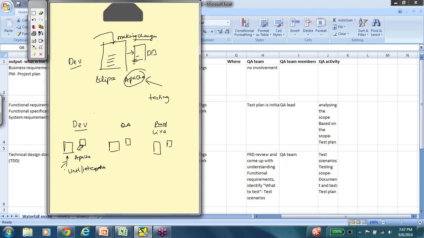So once they are done with unit and integration testing, and once they are satisfied with the code, it is then put into the QA team's environment. And here the QA team tests. And once the testing is all done and we figure out it's all fine, then the application moves to the production environment. So the environment is nothing but the hardware and the technological requirements that are required for a software to run. That is replicated,